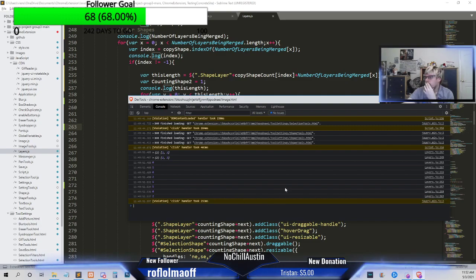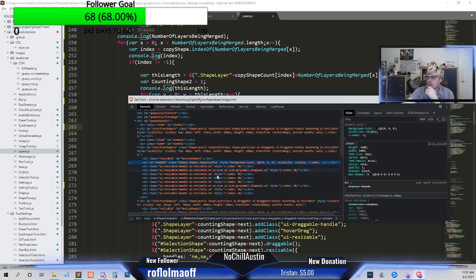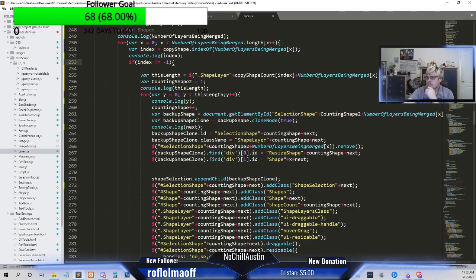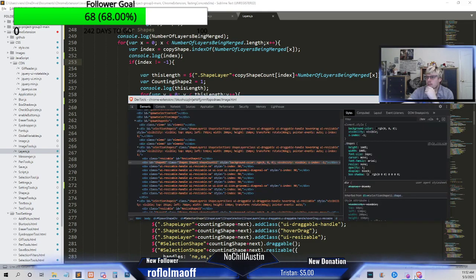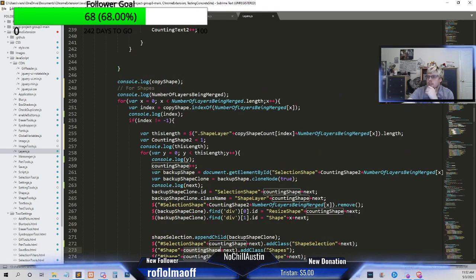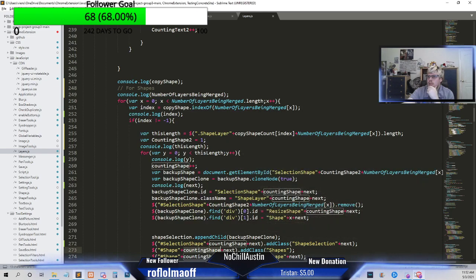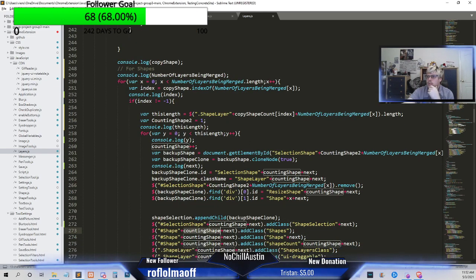The next is 2, so it's always been 2. Shape, counting shape. Should be the layer it is. So